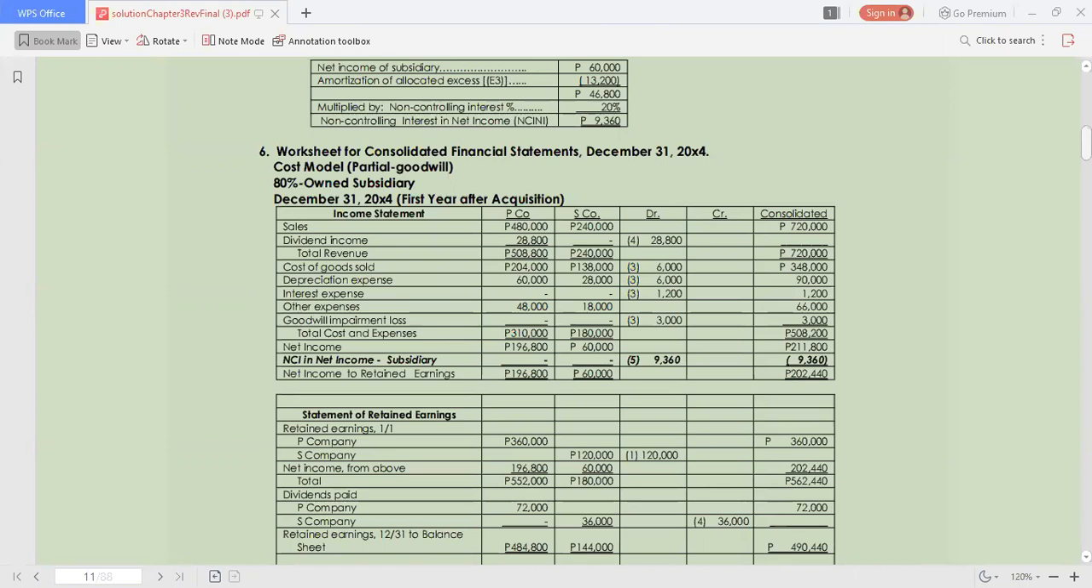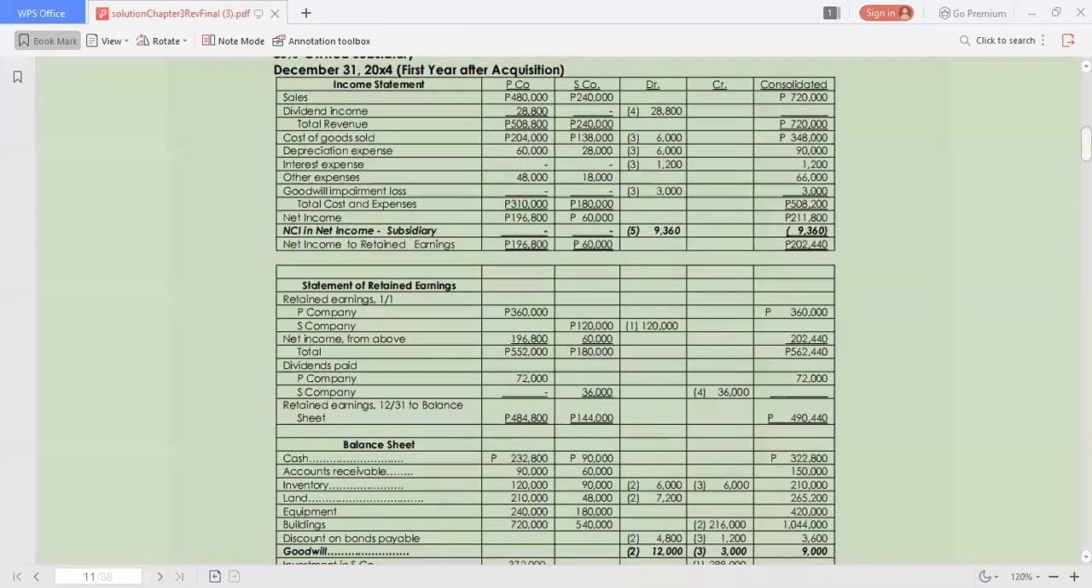211,800. Then the NCI, net income of subsidiary, in entry number 5, we are debiting NCI net income 9,360, which we have to deduct from the net income of 211,800. So the net income that will go to retained earnings is 202,440. Then for the statement of